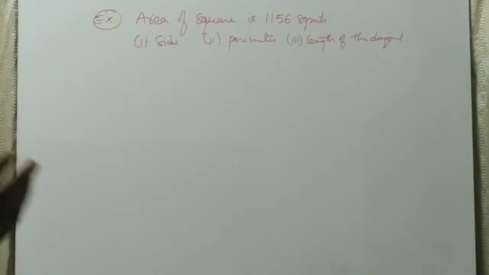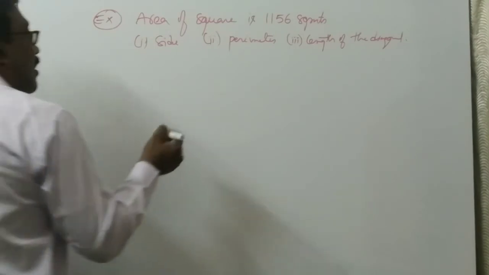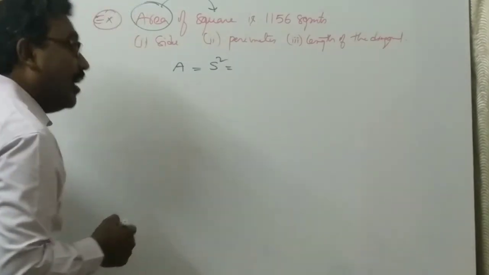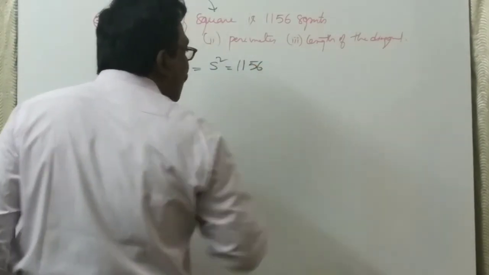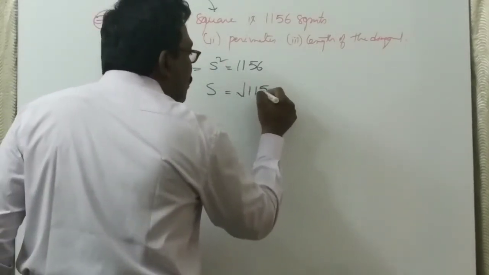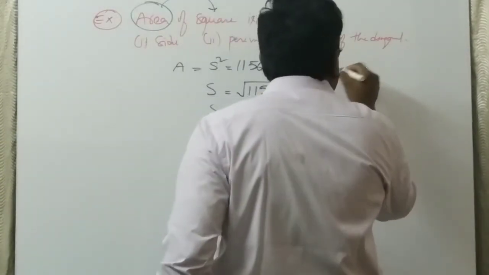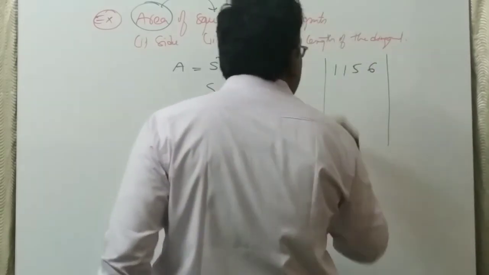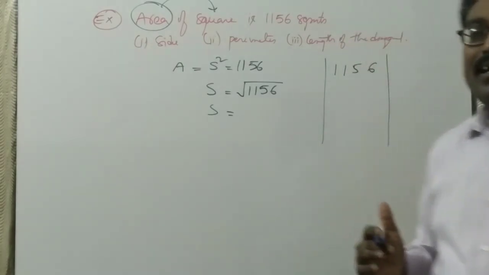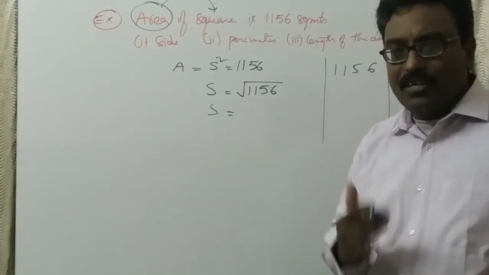So this is a question framed on mensuration and squares and square roots. What is the concept? Area of a square, formula: s square. S square is equal to 1156. Then what is s? The square goes to that side and becomes square root. Square root of 1156. So you have 3 different methods: first one is repeated subtraction method, second one is prime factorization method, third one is long division method. Long division method is always suitable and it is a shortcut method also.